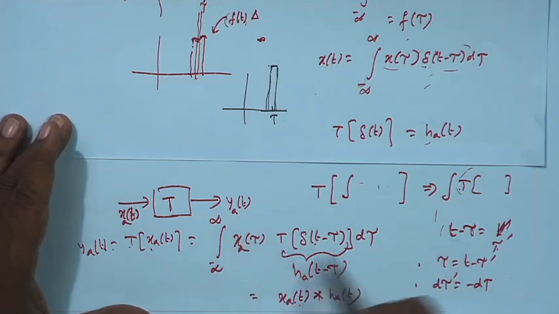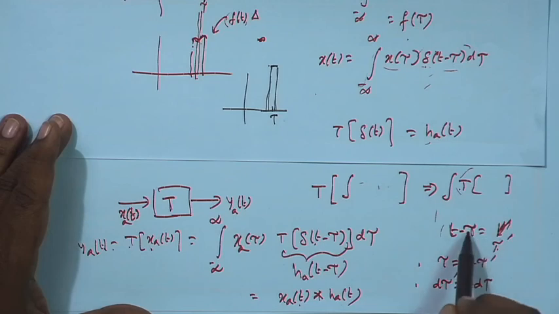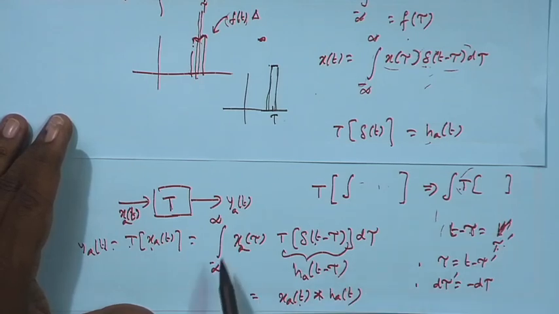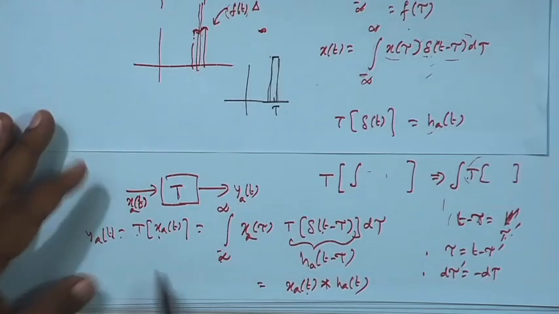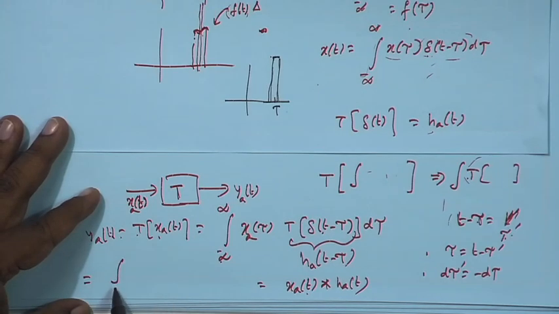Tau is variable in the integration. t minus tau I am substituting by tau prime. So, instead of tau, tau prime. So, what is tau? t minus tau prime, number 1. What is d tau prime? This same as minus d tau. t is constant in this because t is fixed from outside. And if tau goes to minus infinity, t minus tau goes to plus infinity, and vice versa. So, it will become plus infinity to minus infinity,